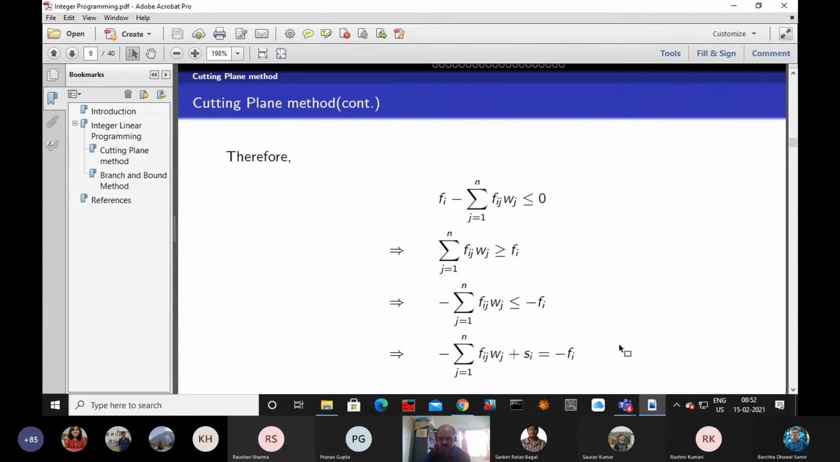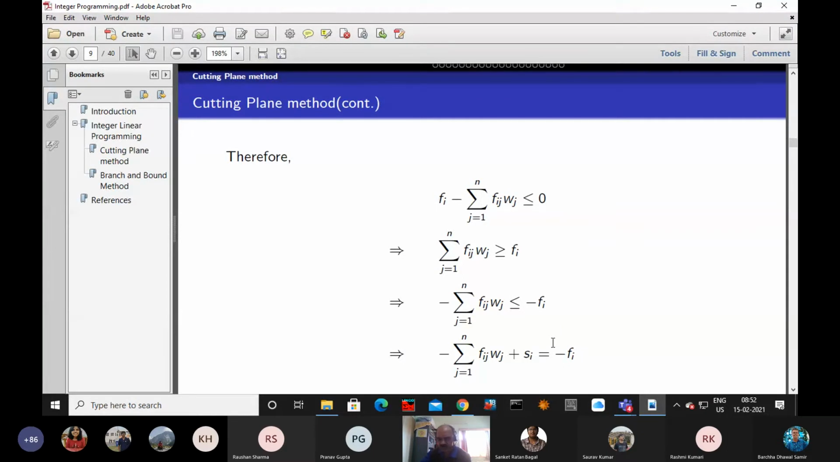And we add slack variables. Summation over j varies from 1 to n, Fij wj plus si equal to minus Fi. This si is the slack variable. Now what is happening? It cannot be negative. Generally, slack variables are basic variables and have to be non-negative. But this looks like it is a,